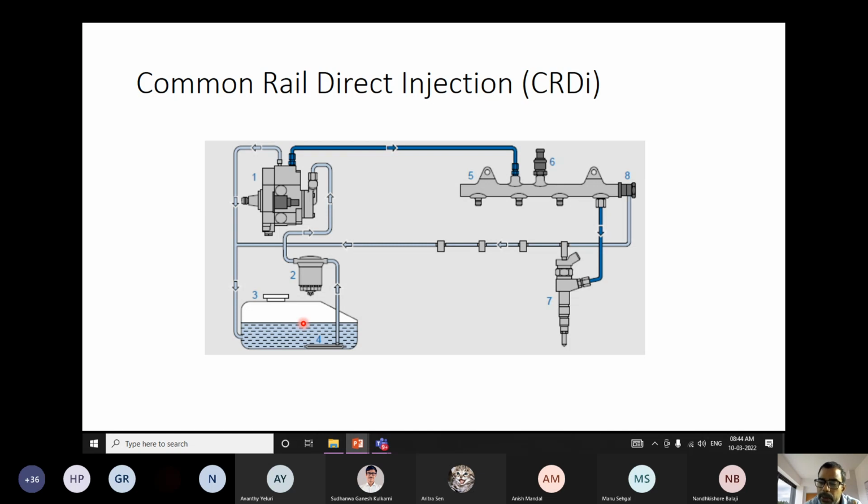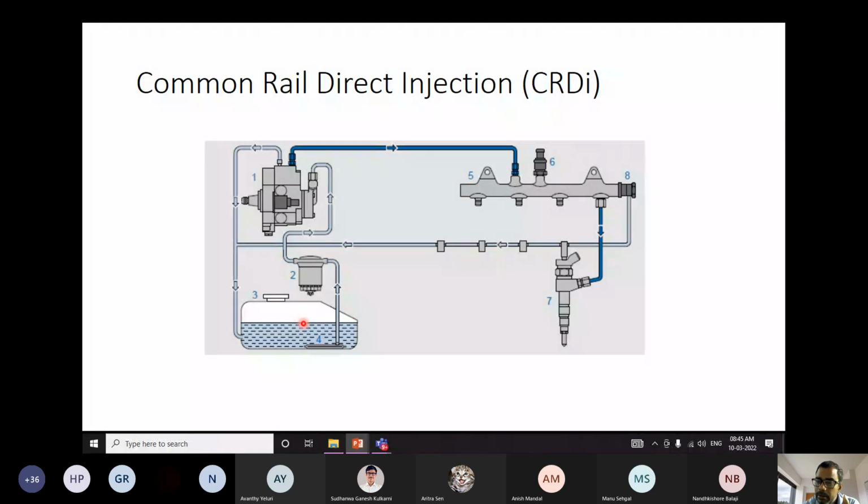The way two-thirds of the students in the class have done at least the experiments with spark optimization: what should be the spark timing so that we can get the maximum output? The similar analogy is here. What should be the start of the injection so that we can get the maximum power output with the minimum emissions? So the second flexibility that we have here is that we can vary the